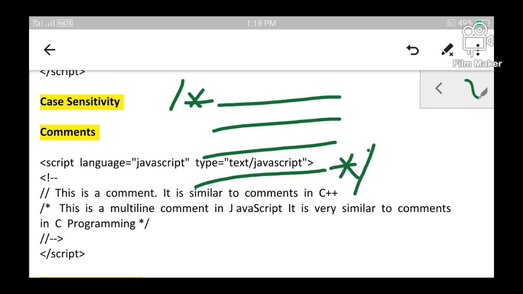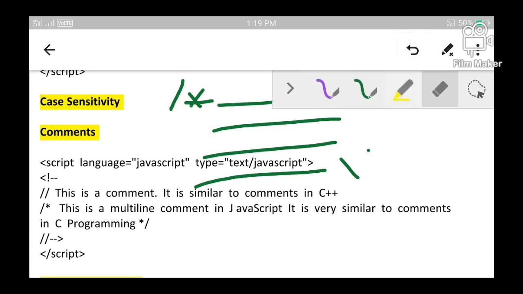So multi-line comments can be enclosed within slash star and star slash. The portion where the comments begin should be prefixed with slash star, and the portion where the comments end should be suffixed with star slash. So multi-line comments can be placed within these two symbols, and single line comments can be prefixed with double slash. There is one more thing.